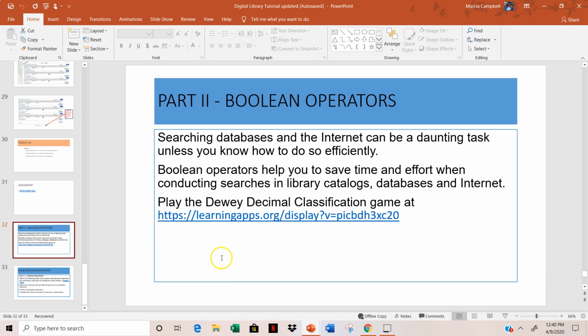In day 2 of our lessons, we will be looking at Boolean operators. Searching the database and the internet can be a daunting task unless you know how to do so efficiently. You know that when you go to Google, for example, and you click in your search term, let's say Boolean, you will have